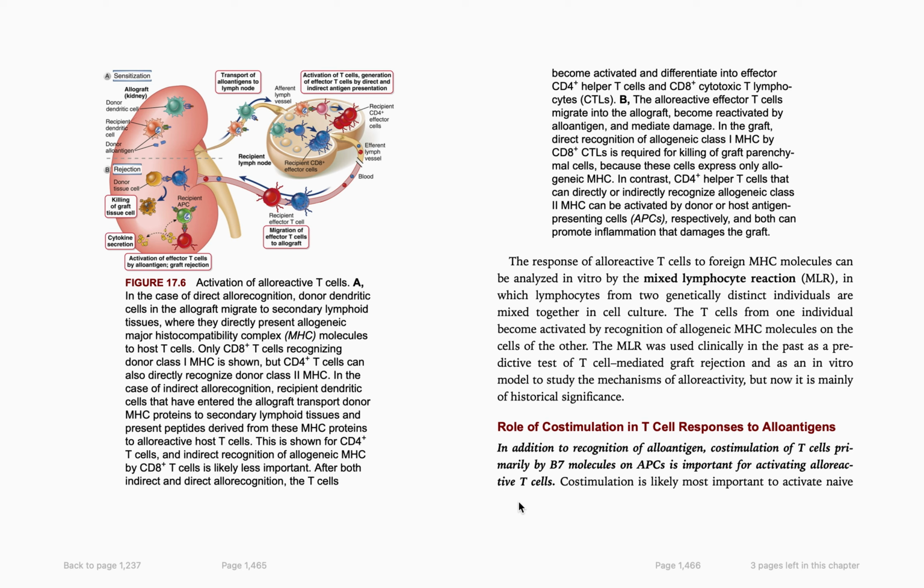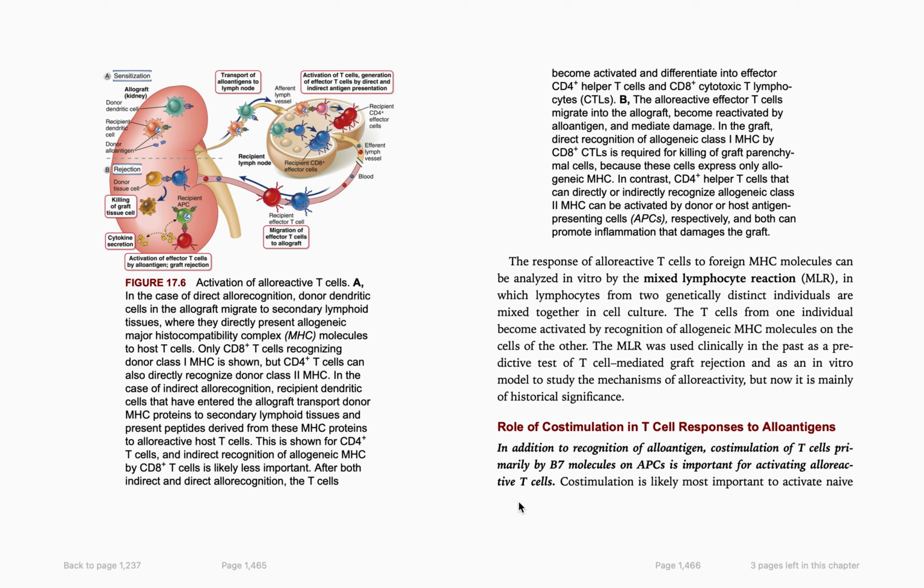So this is figure 17.6, activation of alloreactive T cells. In A, they say this is a kidney allograft. In the case of direct allorecognition, donor dendritic cells in the allograft migrate to the secondary lymphoid tissue, where they directly present allogeneic major histocompatibility complex molecules to host T cells. Only CD8 T cells recognizing donor class 1 MHC are shown, but CD4 T cells can also directly recognize donor